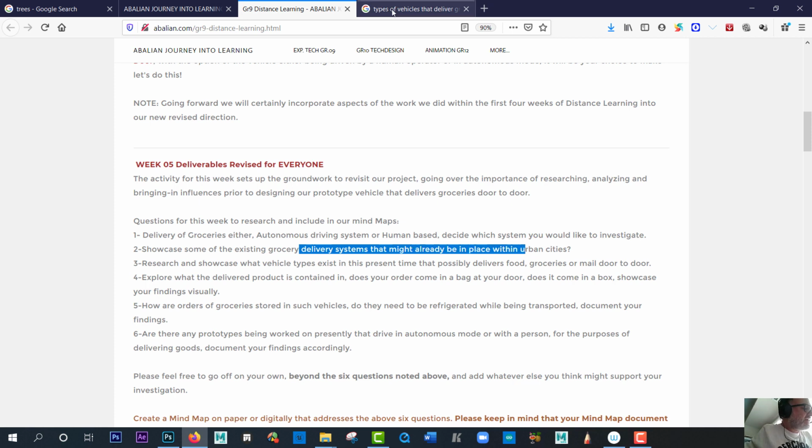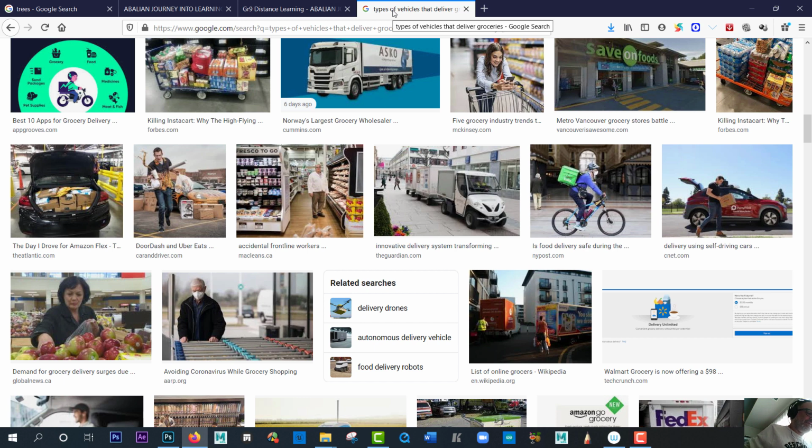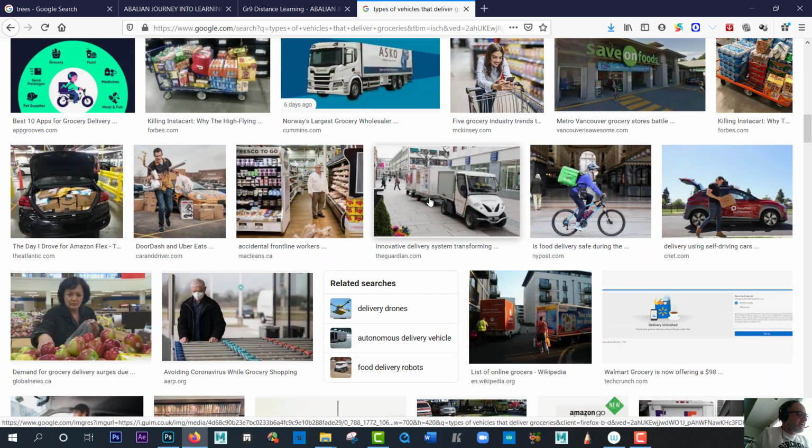Okay, cool. Now I did a search on this and I got some really cool stuff. Look at this. Person on a bike. Take that image, okay? You can draw this guy. A person in a van or SUV and it's self-driving. Who knows? Look at this one. This is very cool. Can I draw on this? I was able to do that today, so I don't know why now I can't. Anyway, this is a truck or some kind of a small mini truck with compartments in the back. So you see now I've already figured out 1, 2, 3, 4 methods.